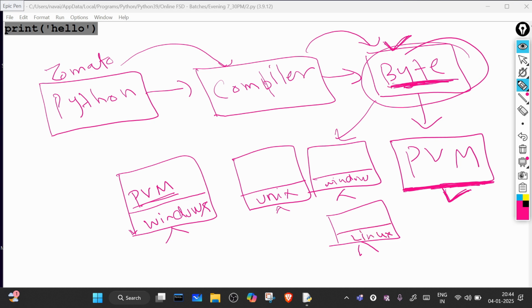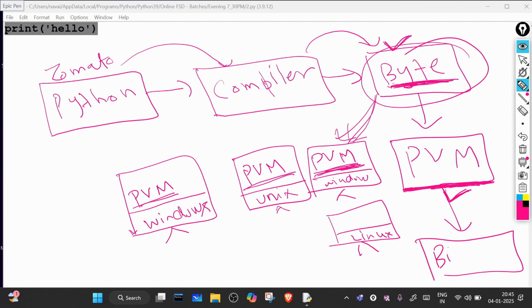But each platform must have a PVM, Python virtual machine, to execute this bytecode, because this bytecode will be further translated by the PVM. After being translated by the PVM, it will be converted into binary, or machine understandable code.